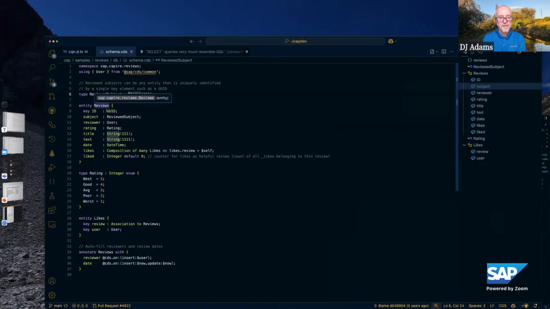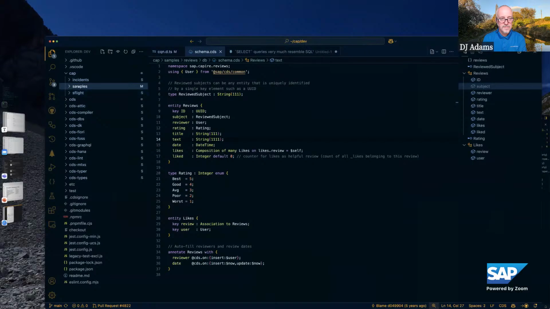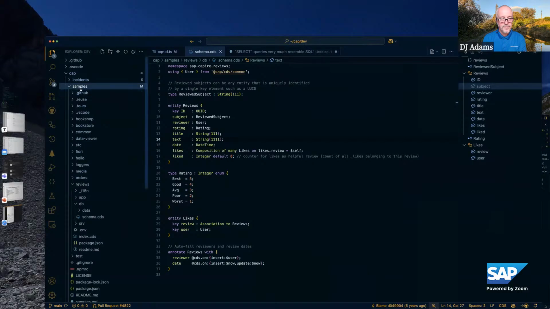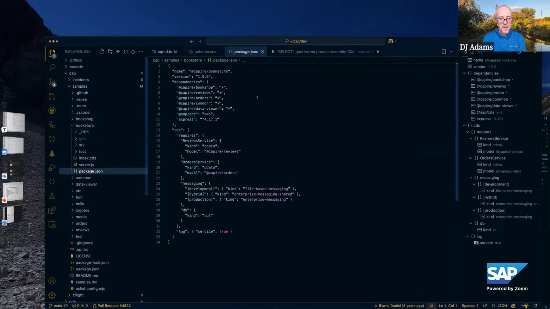And the bookstore is another application, and we call this a composite application or composite project. What it does next to bookshop here, it says, okay, I want to reuse bookshop and reviews and orders, which is another independent, microservice kind of application, and some common content from common and this data viewer technical thing.